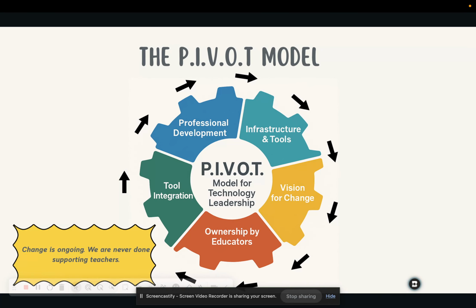This model grew from both coursework and lived experience. We studied the ISTE standards for leaders, which emphasize empowering educators, ensuring equity, and designing systems for learning. Those standards made me ask, how many of our systems actually feel empowering? Because in my school, it often feels like tech is something done to teachers, not with them.